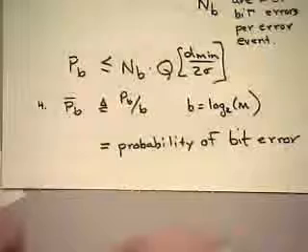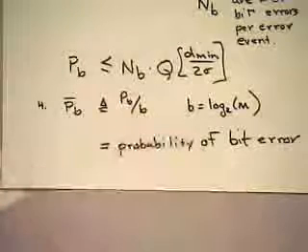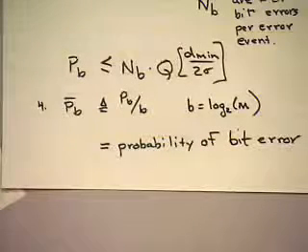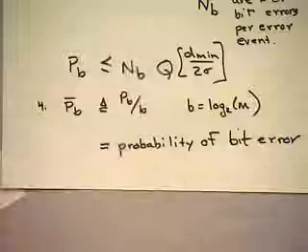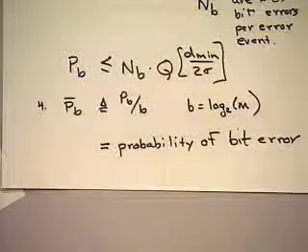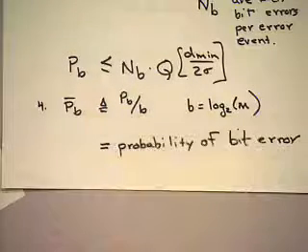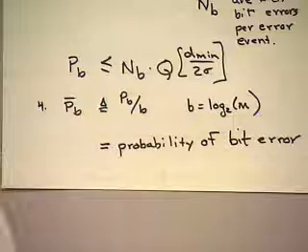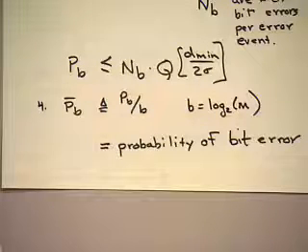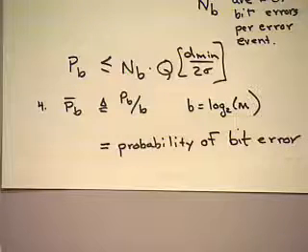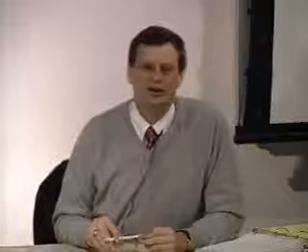Okay, and I actually have an example in the notes that you're encouraged to look at, where we make an assignment of bits to each of the points in that 8 AM PM constellation and then work through that. It's a lot of algebra to follow how you get the number of nearest neighbors, but I think you'll all be able to follow that. It may help you get some confidence in computing the actual probability of bit error itself, and it is a little more tedious and detailed than counting nearest